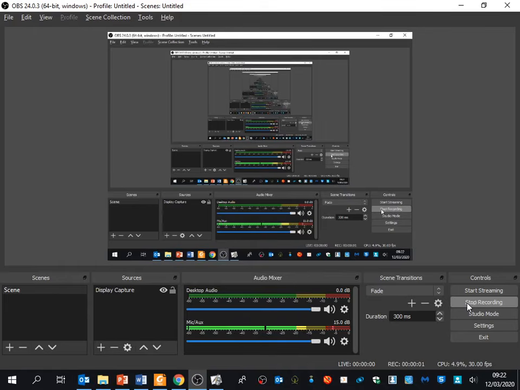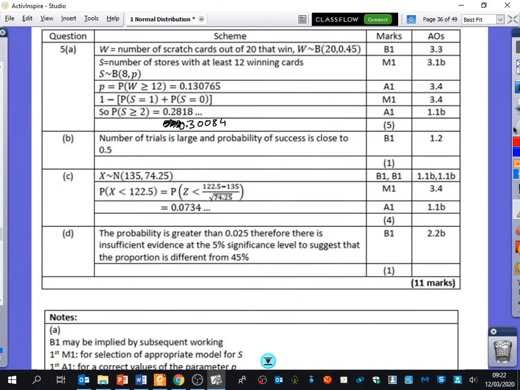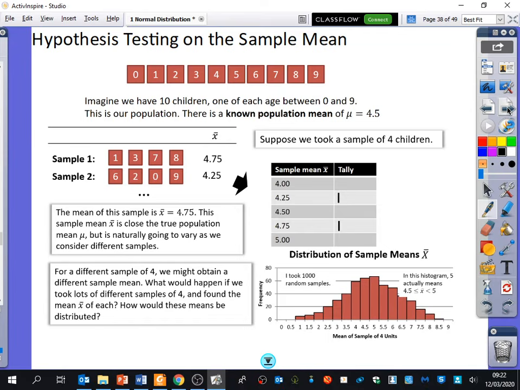Okay, so we are going to be now looking at hypothesis testing using the normal distribution. But actually what we're doing here is hypothesis testing on the sample mean. Now, before I even start really looking at this, this is something that is used an awful lot in